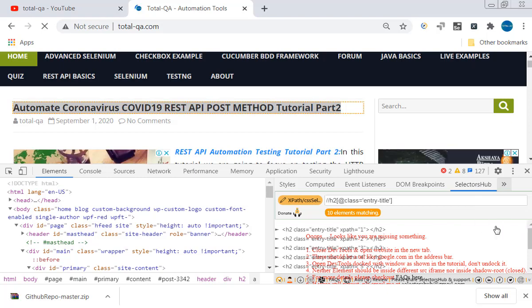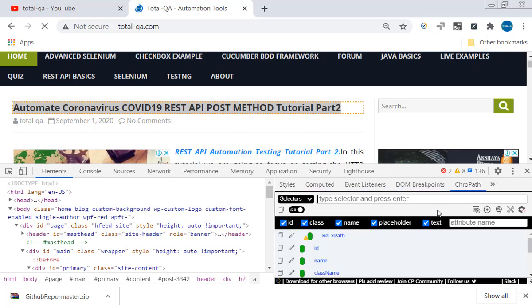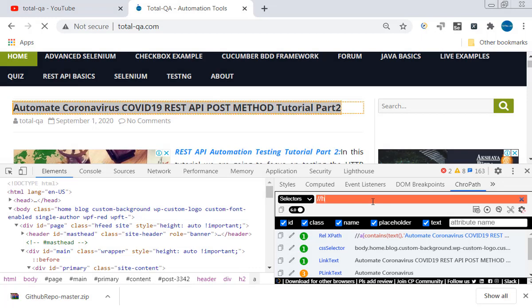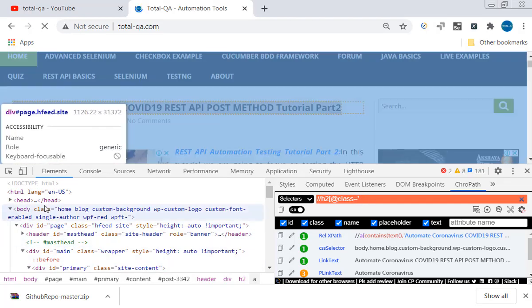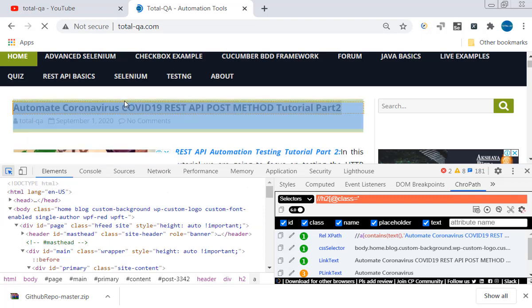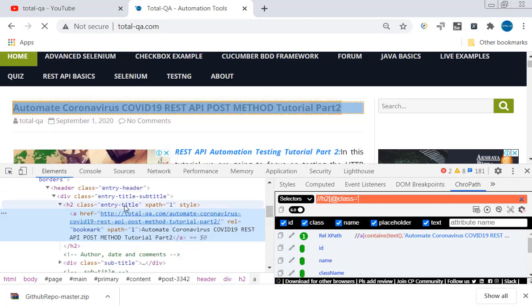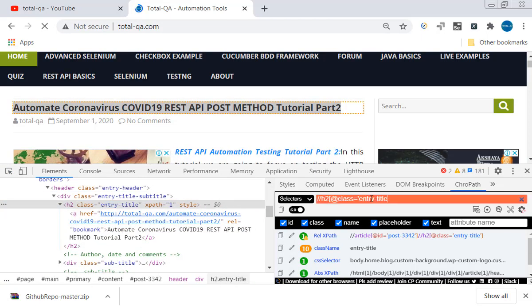Okay, this is not working. Let's take the XPath then. There is some issue in SelectorsHub. So it's h2 class is equal to entry title.